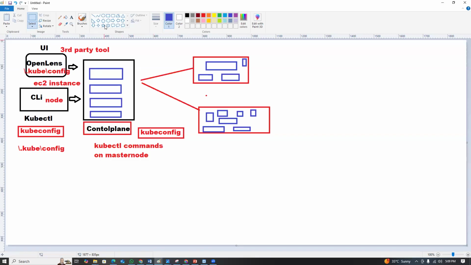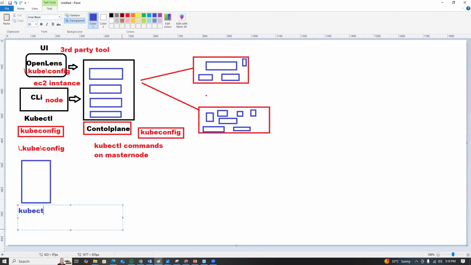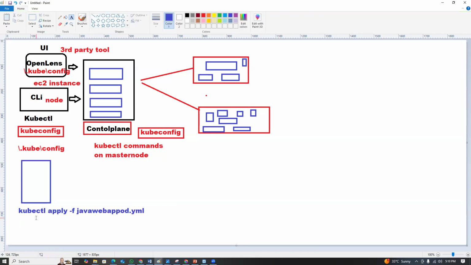So this is your YAML file. You created the YAML file here. So you are trying to apply the command. Which command? kubectl apply -f manifest file. What is your manifest file? Java web app pod.yaml. So if you run kubectl apply -f web app pod.yaml,